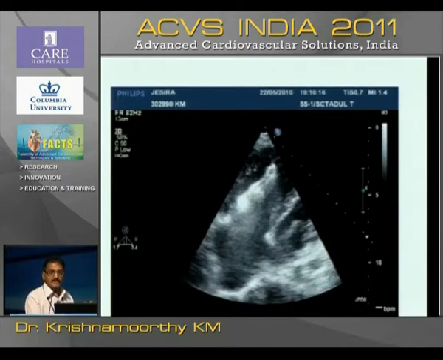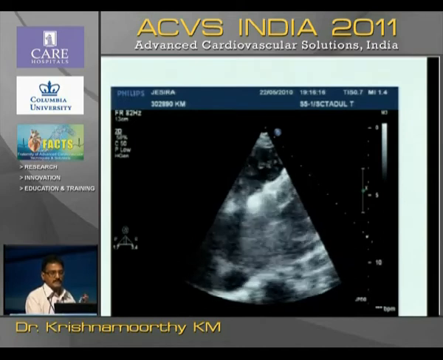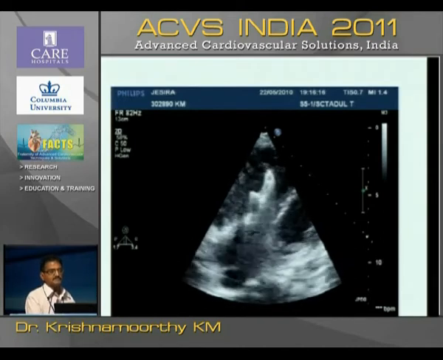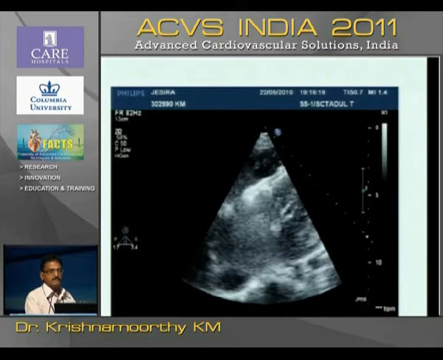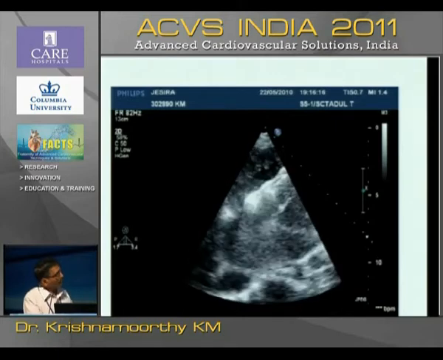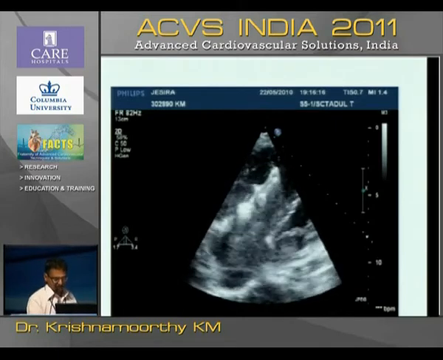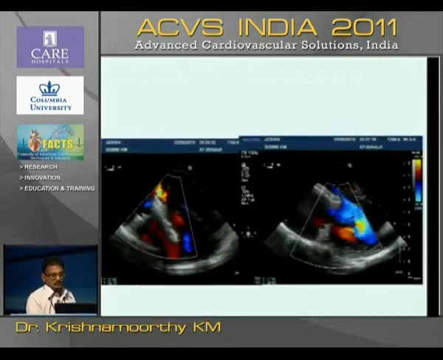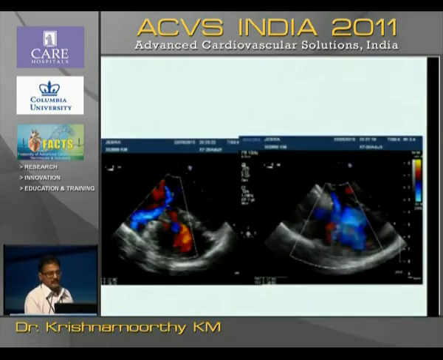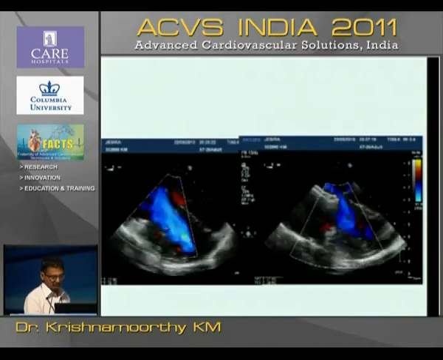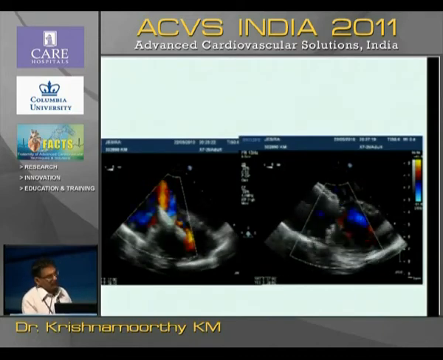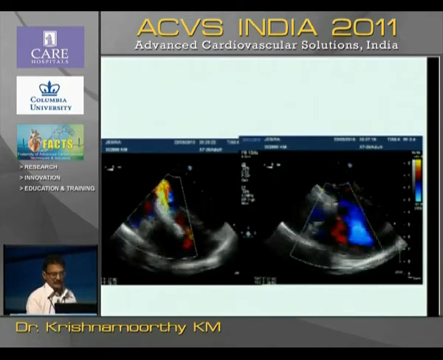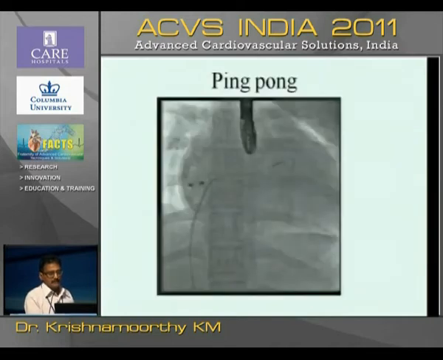Whenever a patient in the ICU or shifted back into the ward throws ectopics after atrial septal device closure, one has to suspect embolization into any of the ventricles. So this is what has happened. It is in the RV. The patient was shifted back to the cath lab. TE was introduced again after intubation. The device is dangling back and forth in the RA and RV. The same picture was seen on fluoroscopy, and we were dealing with a ping pong.